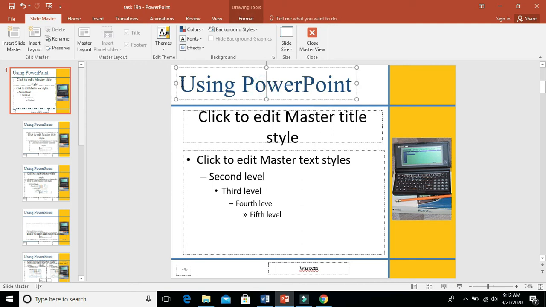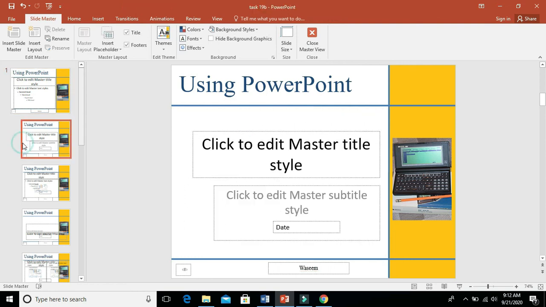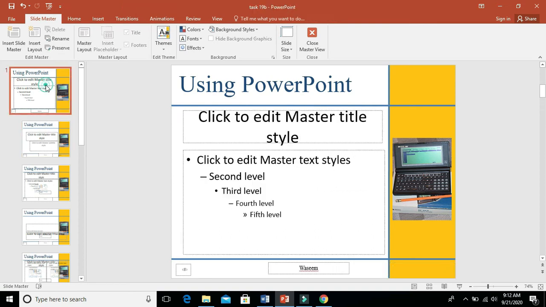So we have included the image, we have cropped it, and there is a heading using the text box we have taken. This is the actual heading, these are the bullets. In the second slide we have heading and subheading, and see the date is there, not required. We'll put it here. Okay, later on we'll delete according to our requirement. Is that clear, everyone? This is how you should do it.